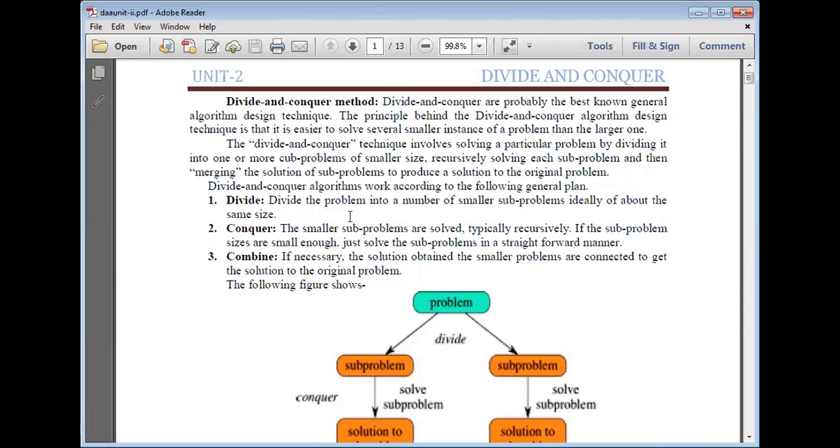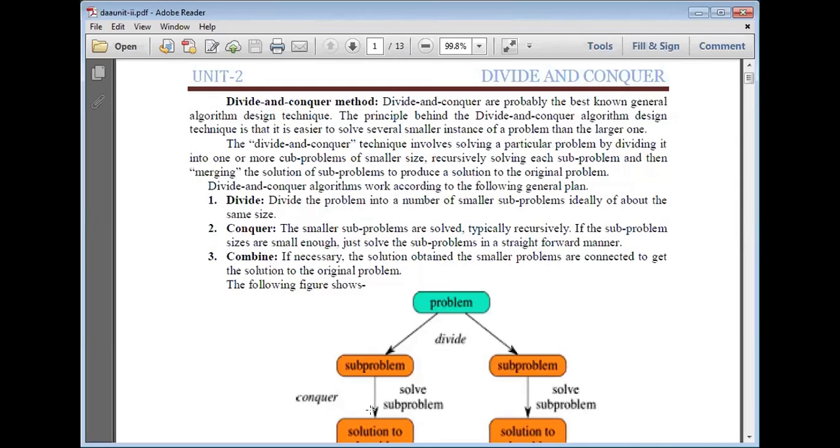So here we divide the problem into a number of smaller subproblems, ideally of about the same size. Now conquer. Conquer means the smaller subproblems are solved, typically recursively.